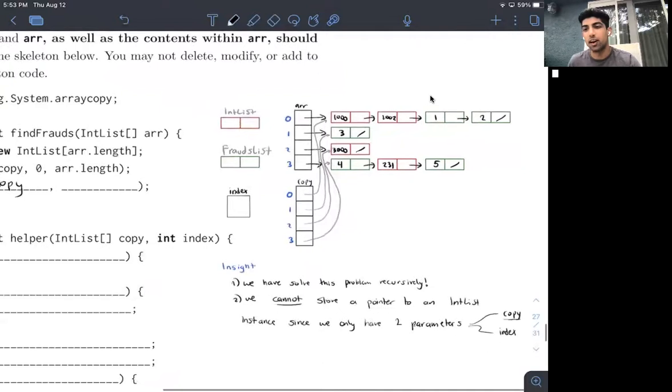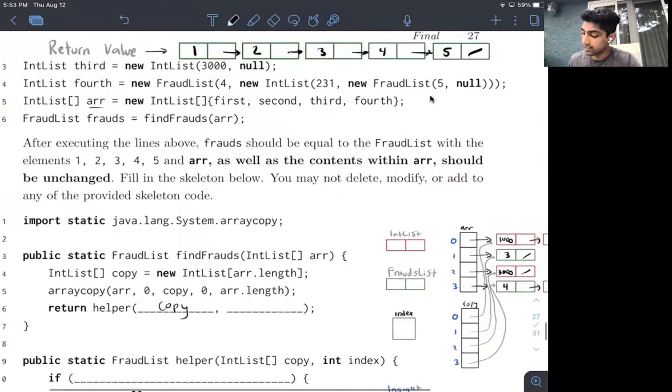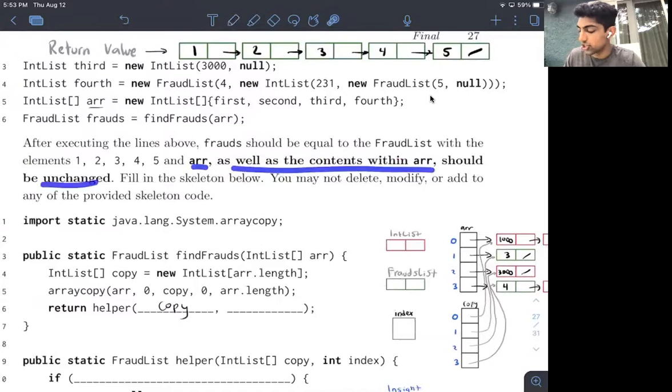So why did we create a copy of the array, right? Well, what we want to realize here is that R as well as the contents within R should be unchanged, right? So the only reason we would possibly create a copy is so that we can change the copy somehow, right? You guys kind of see where I'm going with this?